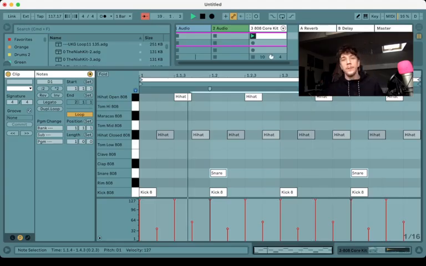And essentially that's what you want to be doing when you're making a beat. Just to simplify it, you just want to make a part A and a part B. It can be as simple as that. You know, there are a lot of